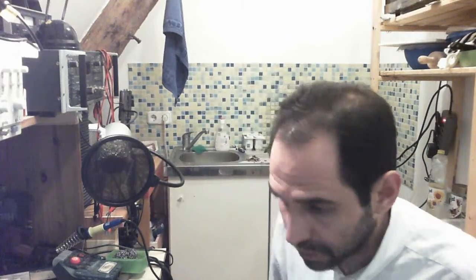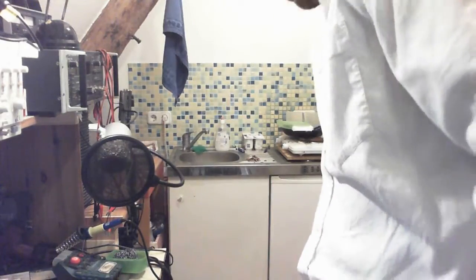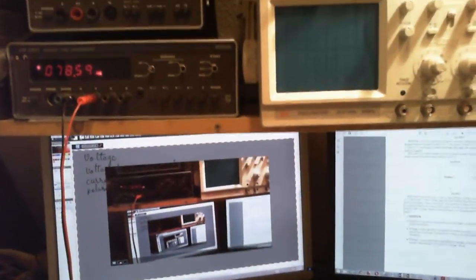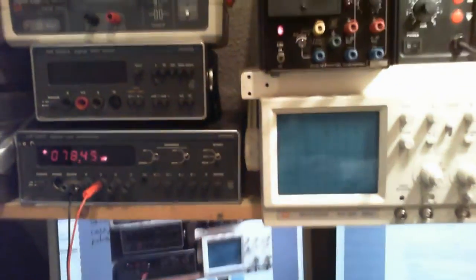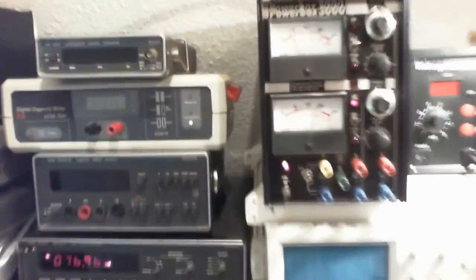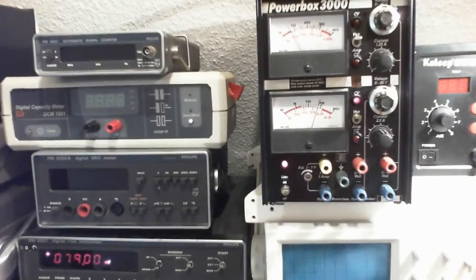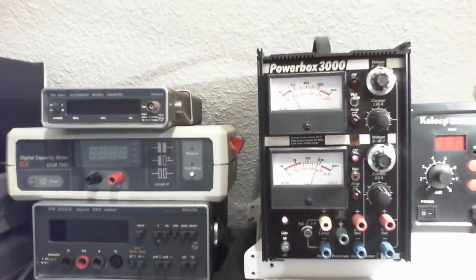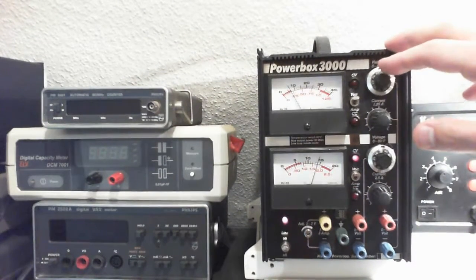Okay, so in the case of, for example, this power supply, you can measure your voltage. Take care of this camera. Okay, so here is the power supply. So here's your power supply, and you can see that on this power supply